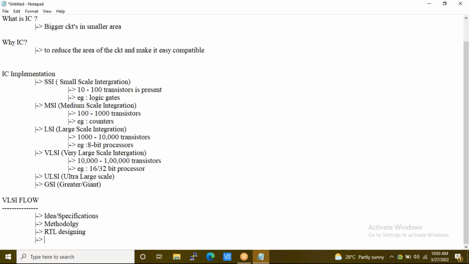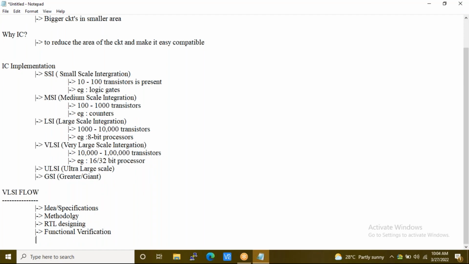I have to check whether the RTL is following my simulation idea or not. Correct. Functional verification and simulation is what we'll term here. That is, I'm verifying whether the functionality is as per the ideology or not.